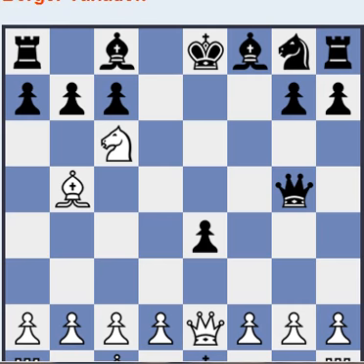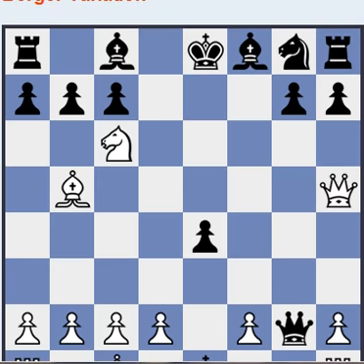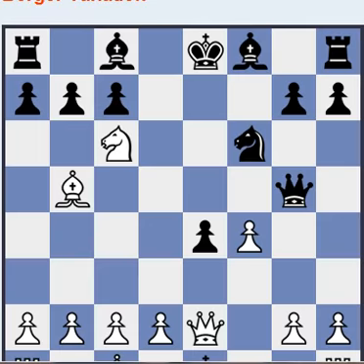And it's not advantageous for black to take on g, it seems, because of queen h5, and there's just too many threats against the black king, so black plays knight f6. And white still has a good game. He can play f4, which is most common, and when black takes, then